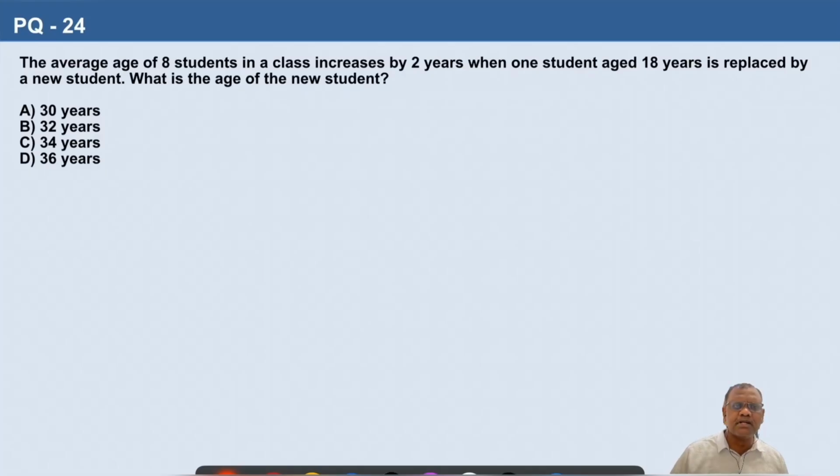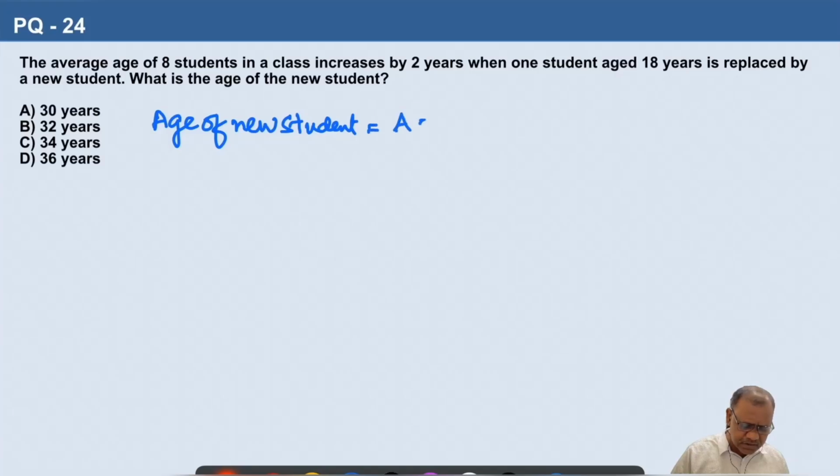Question number 24. The average age of 8 students in a class increases by 2 years when one student aged 18 years is replaced by a new student. What is the age of the new student? Similar question, here average is increasing. So here also let us write the formula. Age of new student is age of student left